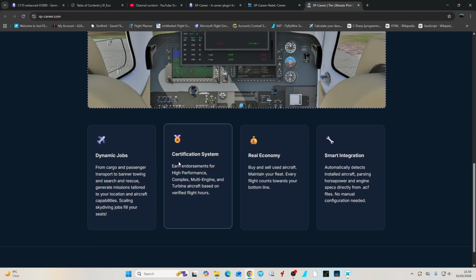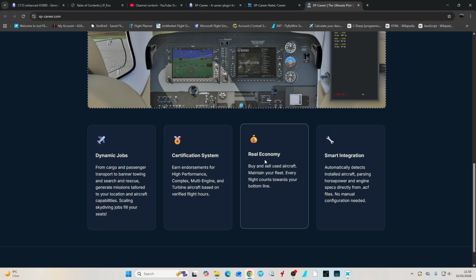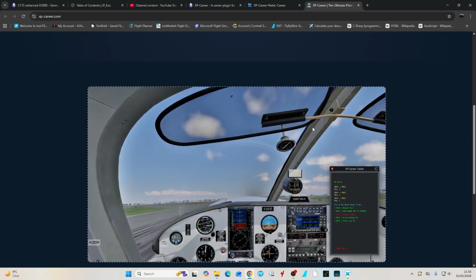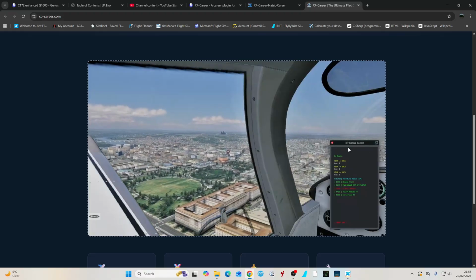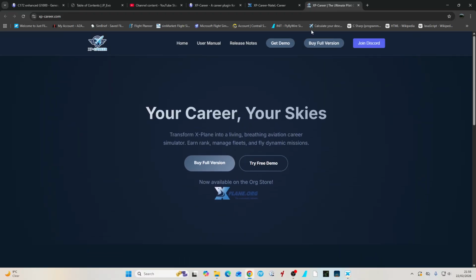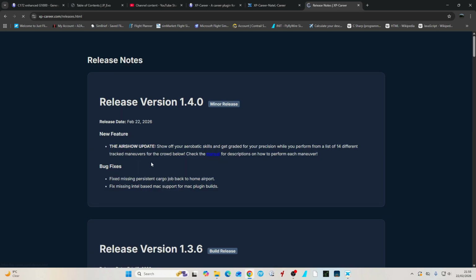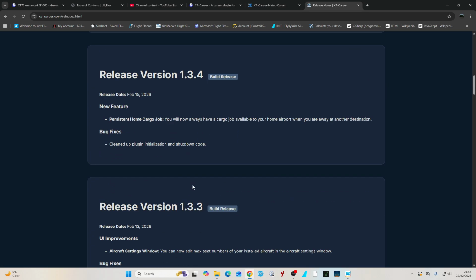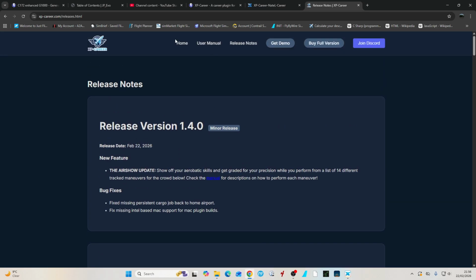Dynamic jobs, certification system, real economy and smart integration. And obviously the website's pretty detailed as well to look at. You've got loads of release notes here as well to go through, and then you've got the